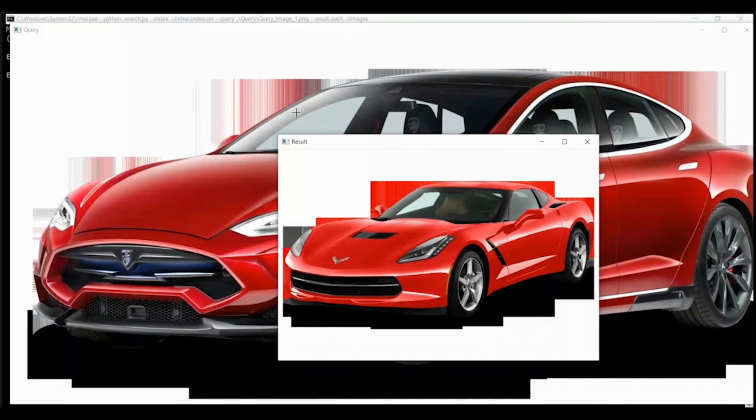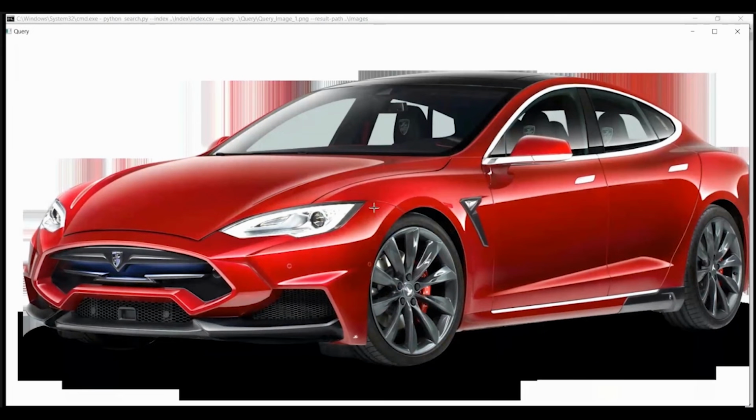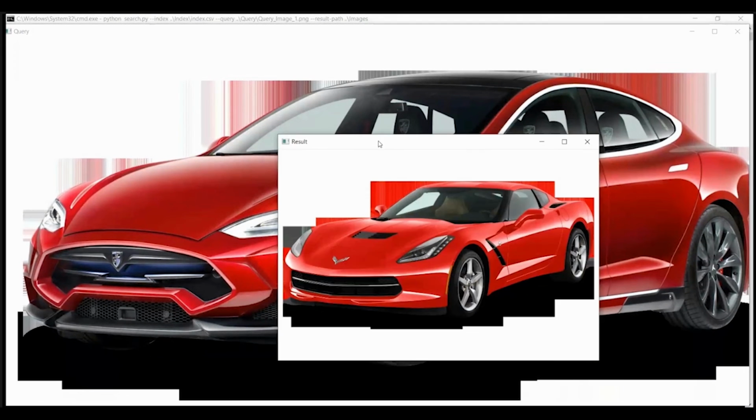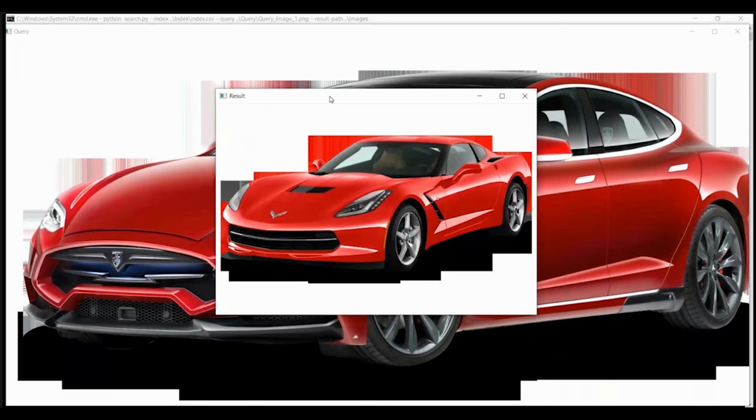So as you can see, this was our query image, and this is our corresponding result image, the image that we have retrieved from our dataset.